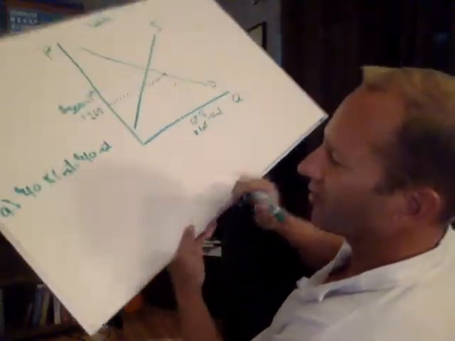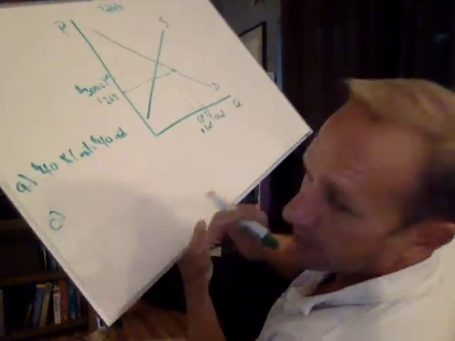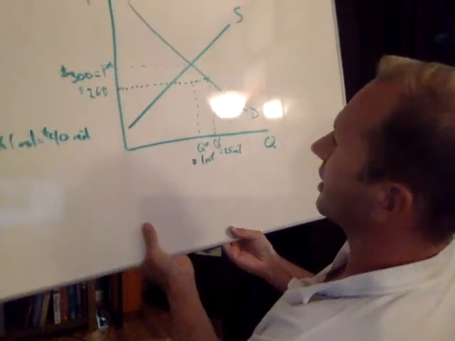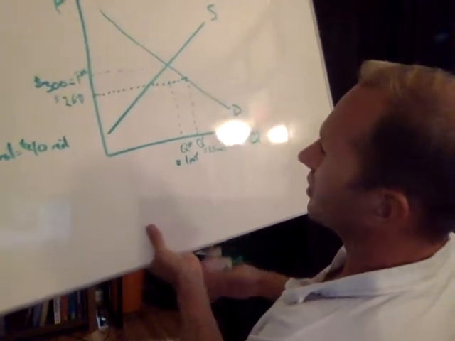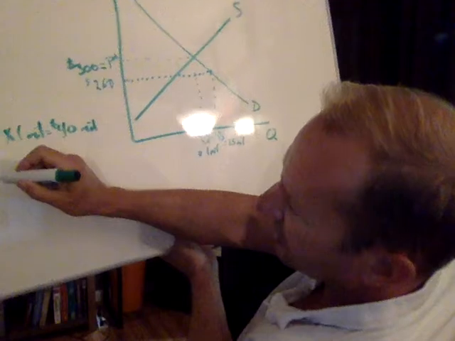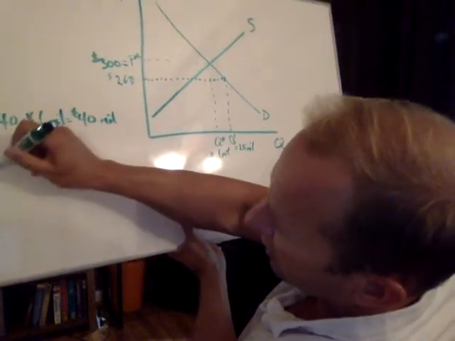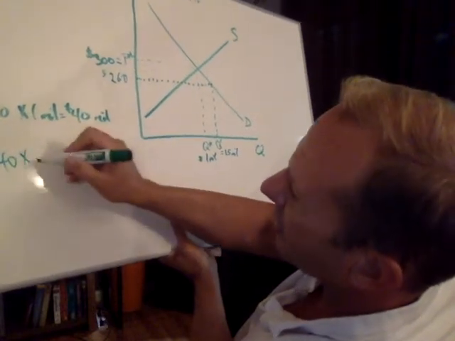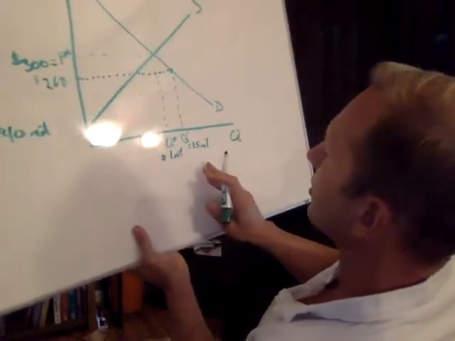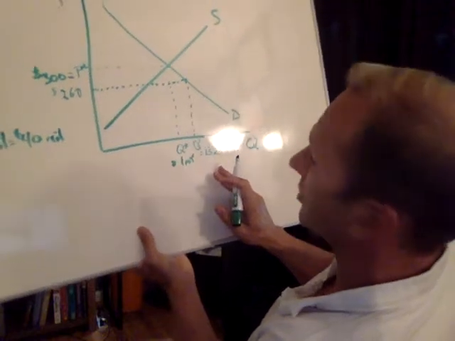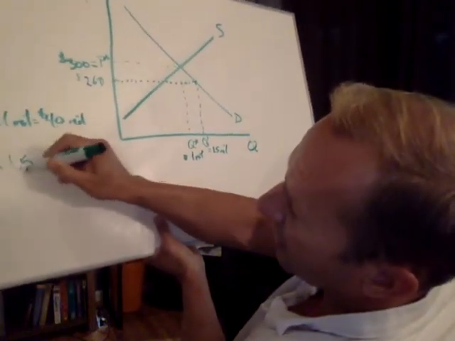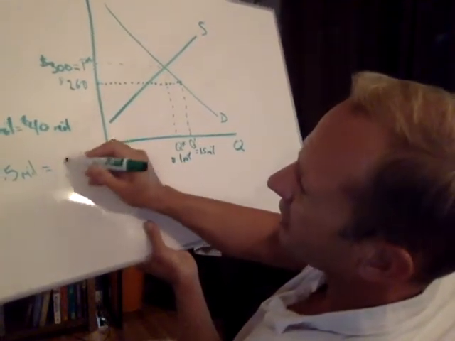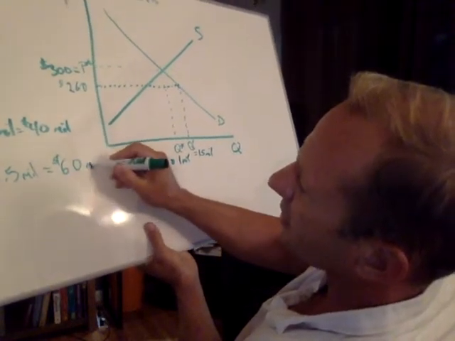Well, the government's second forecast in letter C, letter B wasn't really a forecast, it was just something to think about, and I just did that out loud, was that we're now talking about a $40 subsidy because that's what the government thinks it's going to cost to get down to 260. But it's not a million people because at 260, the quantity demanded would rise. It's 1.5 million. So 1.5 times 40 is equal to 60 million.